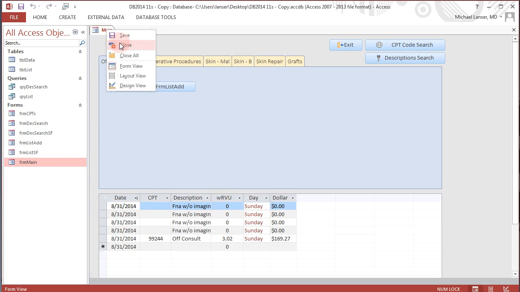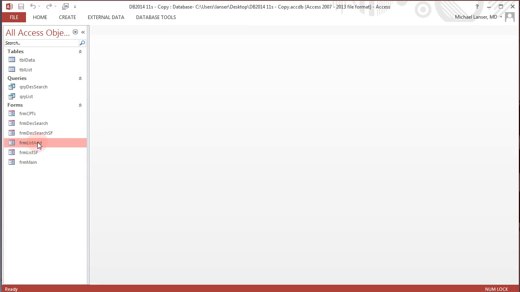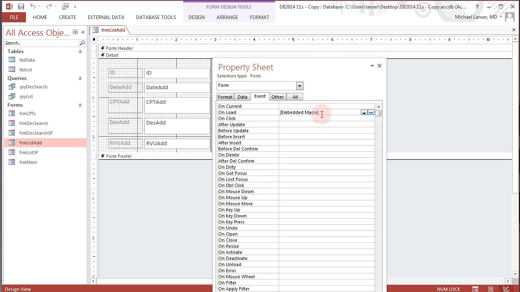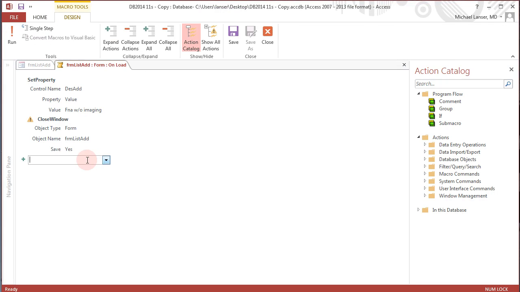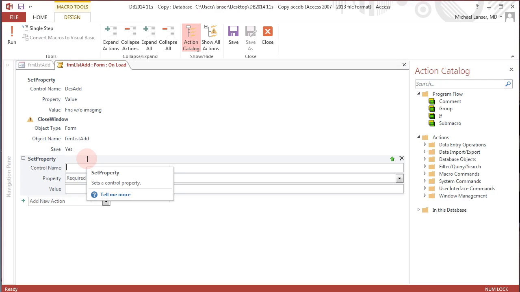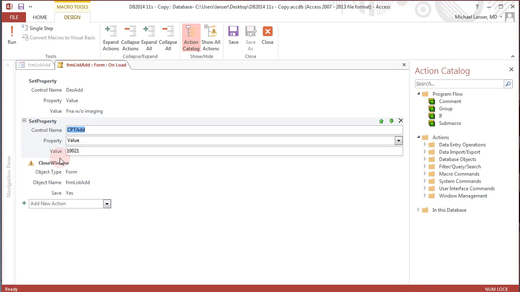Okay, well, let's save and close that and go back to FRM list add, go back to our design view, go back to our onload event, click on the ellipsis, and we can add some more temporary variables. Set property, and the CPT code, CPT add value for FNA, we know it's 10021, and we can add that before we close it,